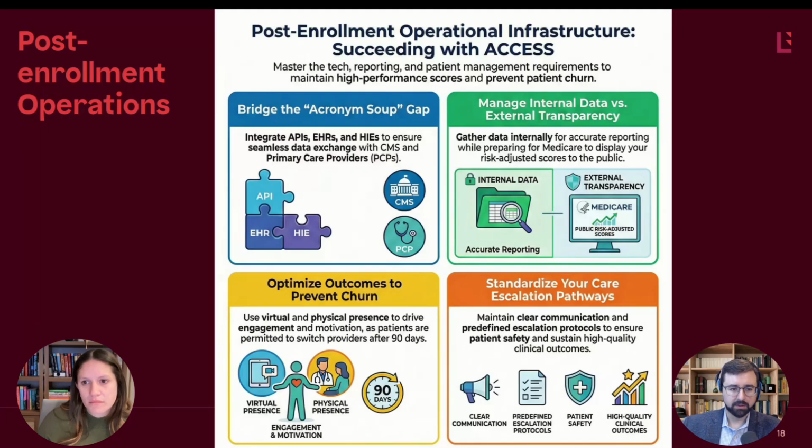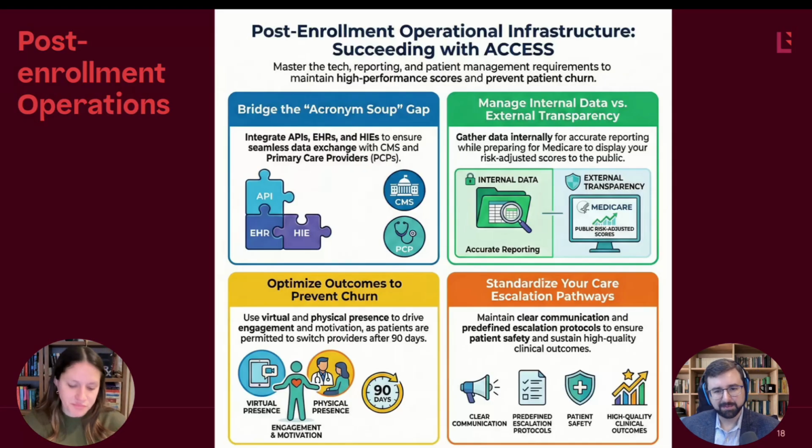The first, and we talked a little bit about this in our first presentation, is focusing on building the tech, or already having the tech infrastructure and capabilities that are necessary as part of this model. So you have to have APIs, you have to have the ability to communicate with EHRs through FHIR compatible systems. You have to have communication capabilities with health insurance exchanges. You have to be able to communicate with PCPs. So APIs, EHRs, HIEs, PCPs, and you have to communicate with Medicare, CMS, tons of acronyms,